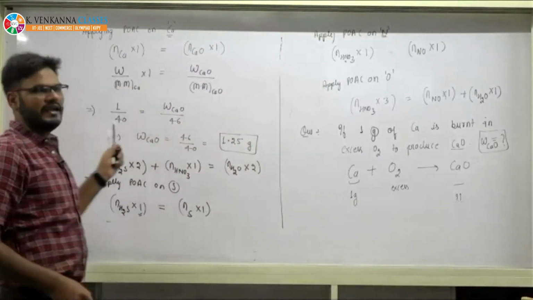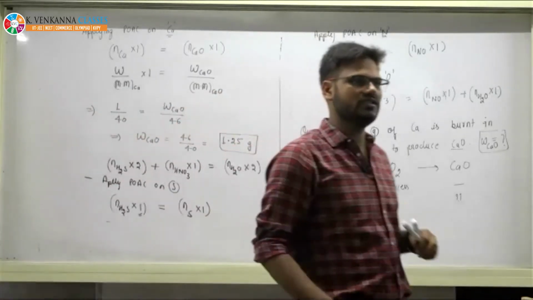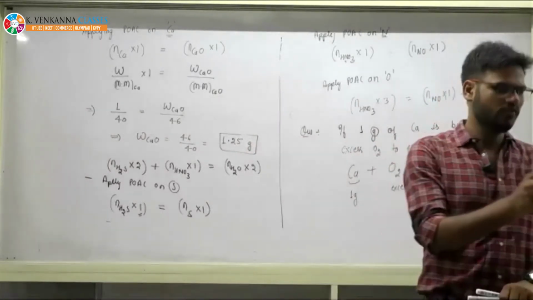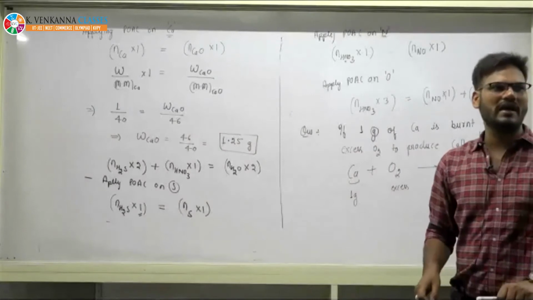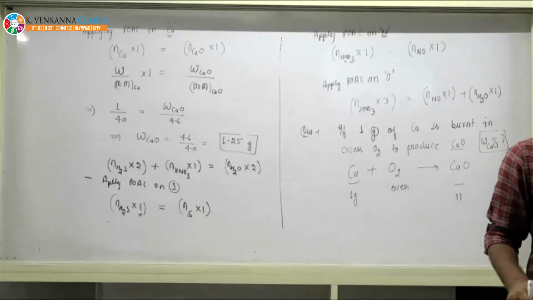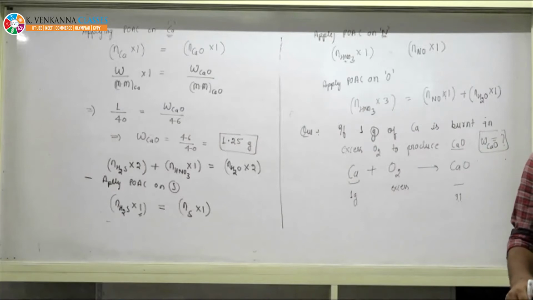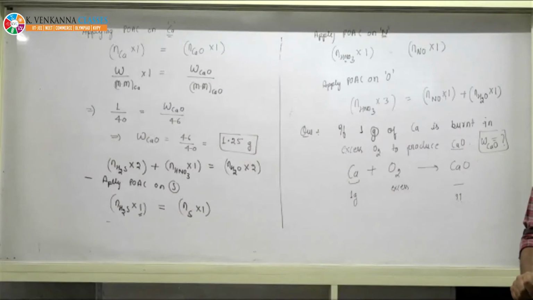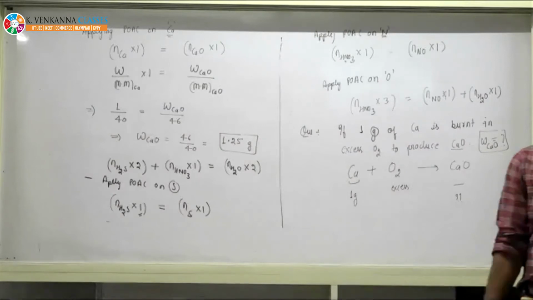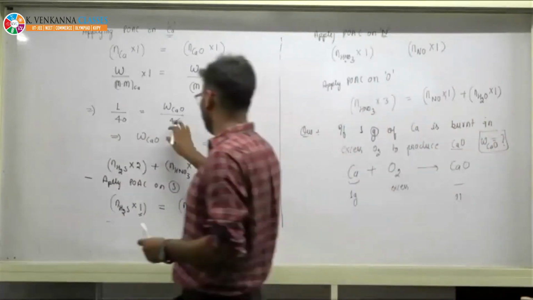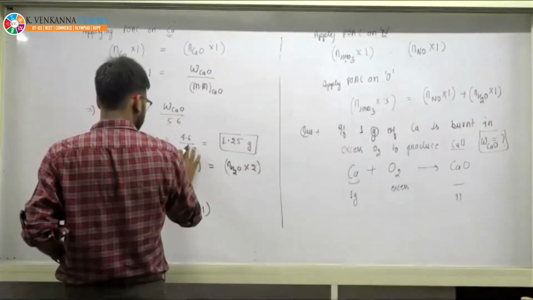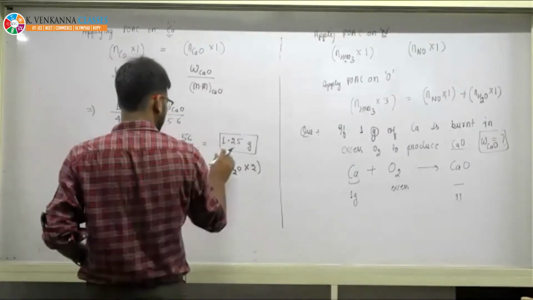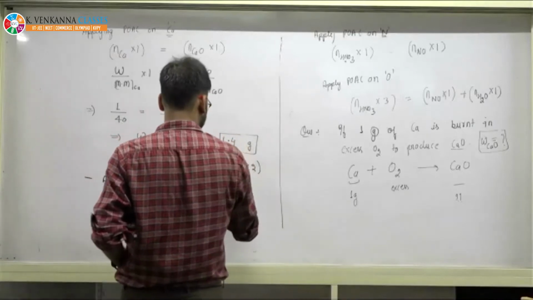Right now I am writing so many steps because this is our first problem. You do not need to balance. To solve a problem using POAC, you do not require balancing. But you can also solve this by mole concept. If you want to solve it using stoichiometry, you have to balance it. But for POAC, balancing is not required. Sorry, it is 56. 56 upon 40, so it will become 1.4 gram.